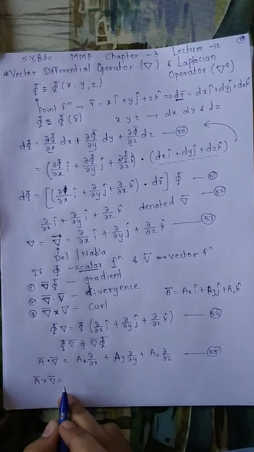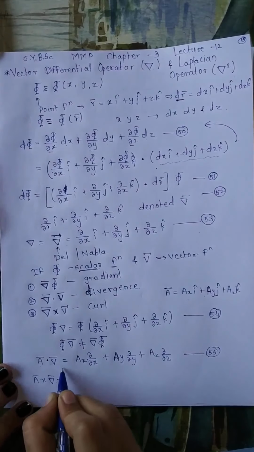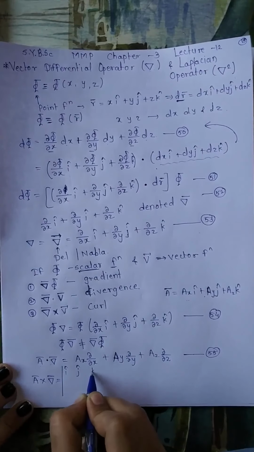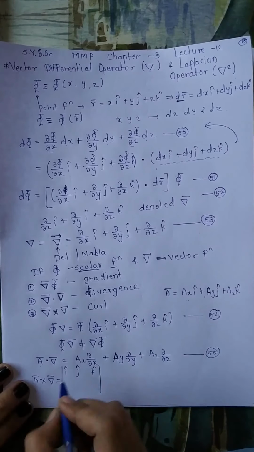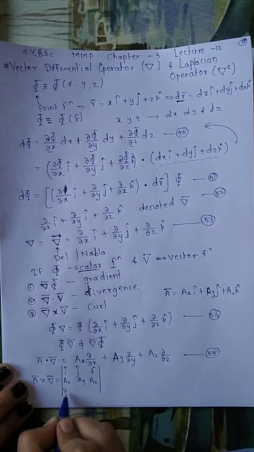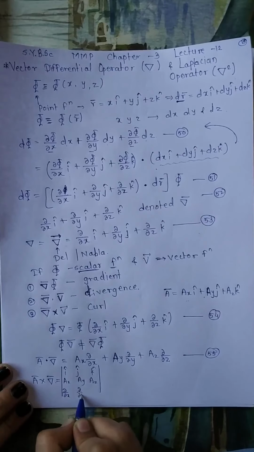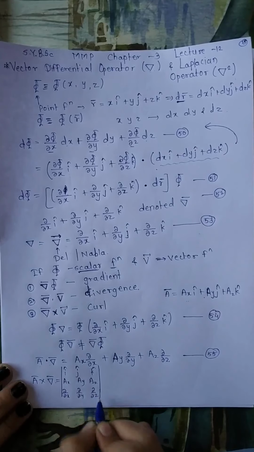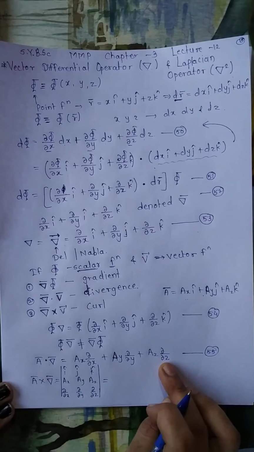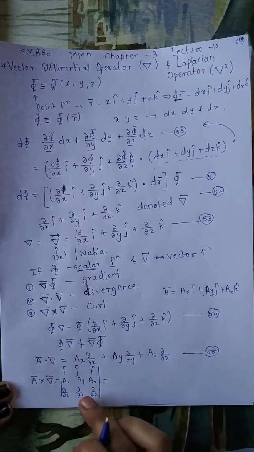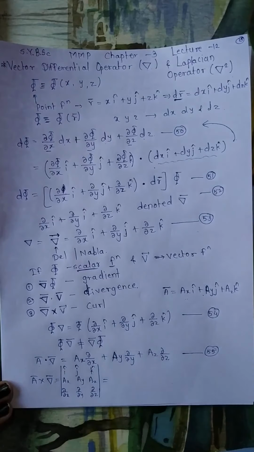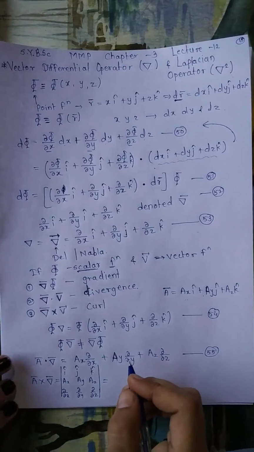And you already know how to find the cross product of two vectors by finding its determinant. So i cap, j cap and k cap; the first vector is a, so ax, ay and az; and here dou by dou x, dou by dou y and dou by dou z. Now you can calculate this determinant, and we have already done such mathematical operations, so I will directly write the value of this determinant.